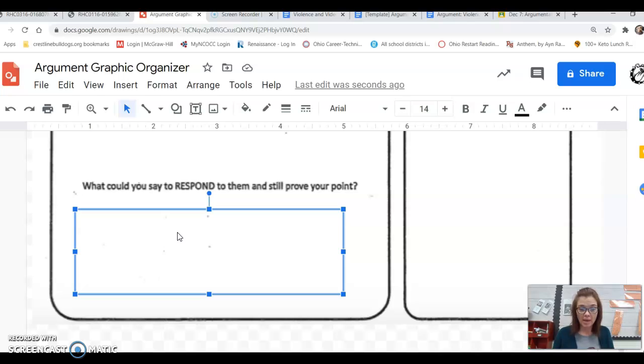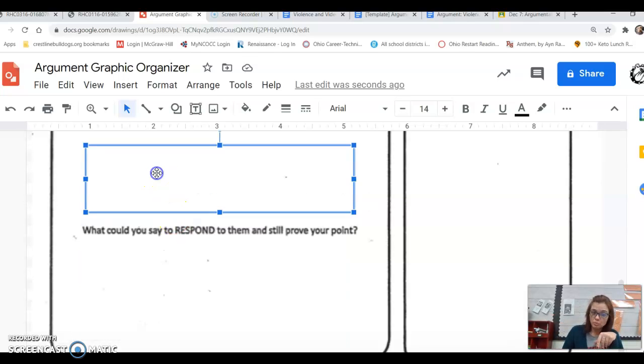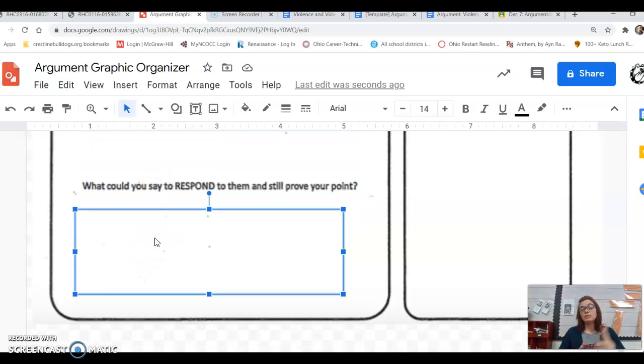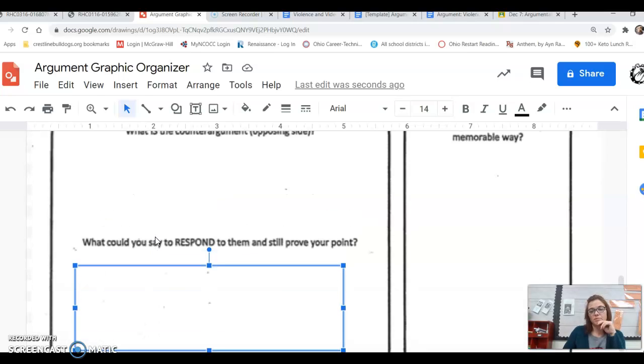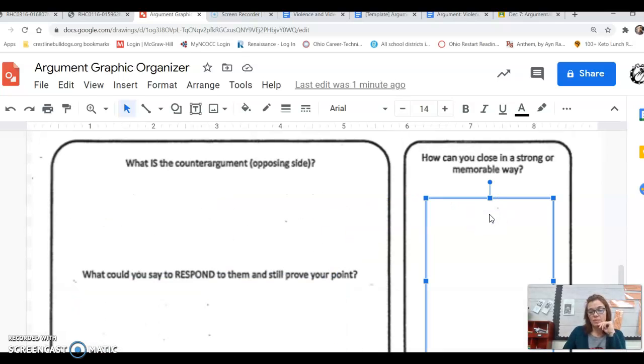That's what I call it, the clapback. Don't ever just leave your counter right there and be like, well, this is what they say. You got to come back at it, right? So if they say it's parental support, you might respond something like, although a lack of parental support does affect a child's decision making. If there weren't such violence in movies, blah, blah, blah, you can see where I'm going with that, okay? And then how can you leave it memorable?